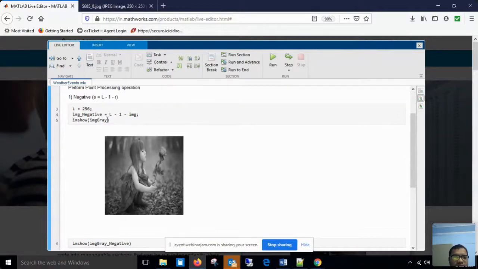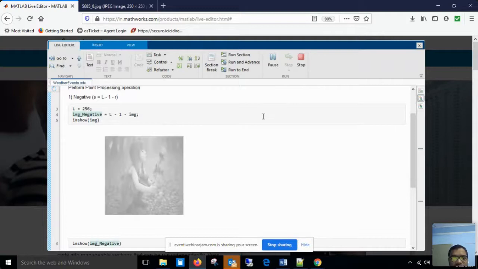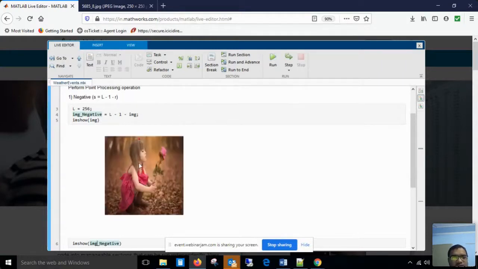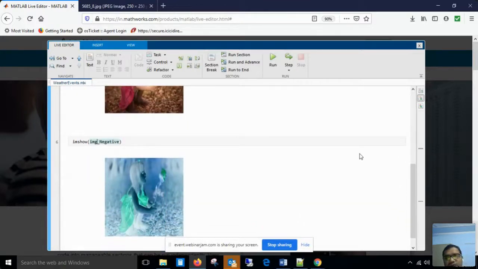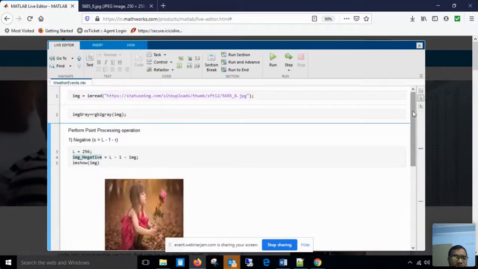So sorry, I apply IMG and I am interested in seeing the negative of the colored image, right? So this was my colored image, and when I calculated negative, then you can see what is the negative of the colored image. So with some color components, the negative has been generated, but when we talk about grayscale value, the color component is missing, so accordingly negative is shown. But in case of color component, some color information is also there in the negative part, right? So this is the first basic point processing operation through which you can calculate negative of either grayscale image or colored image, right?